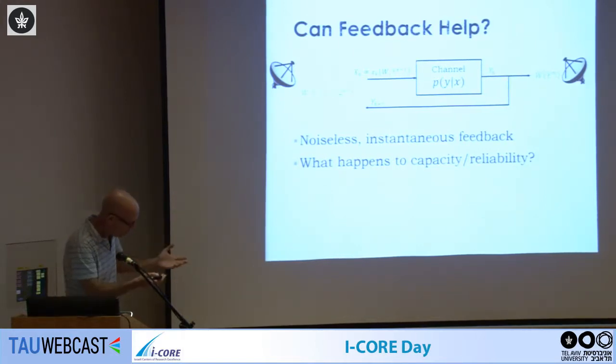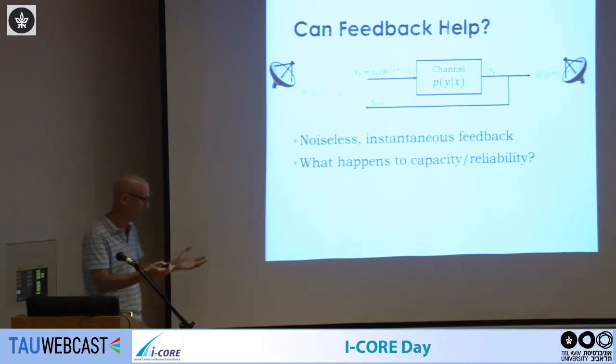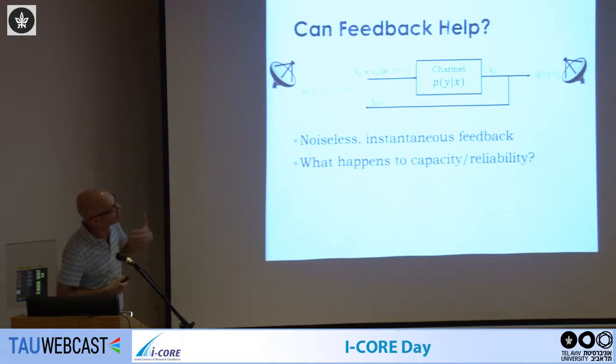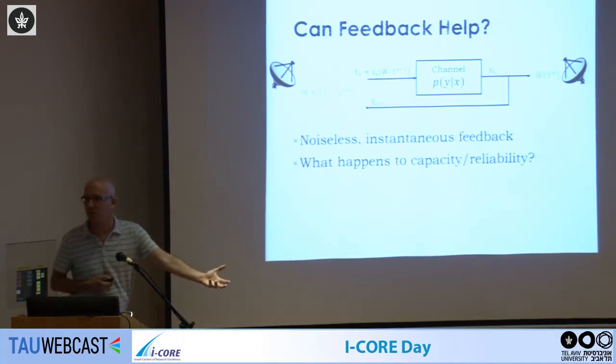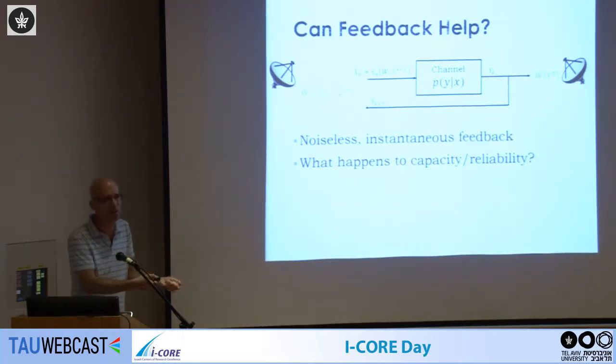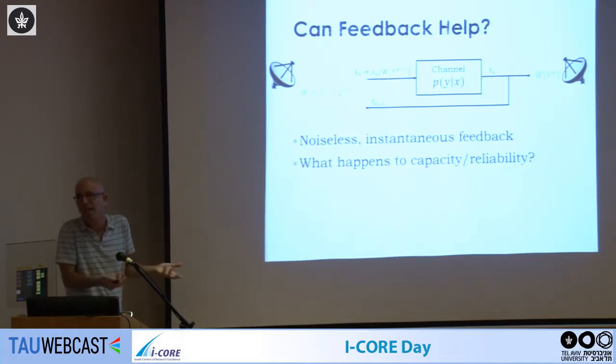And here, I guess there are two colliding intuitions. One would say, okay, the transmitter knows everything that's going on in the receiver. It can help push information faster because it knows what's going on. It doesn't have to guess anything. On the other hand, the channel is memoryless, right? So you cannot predict what it's going to do. There's maybe no gain in actually knowing what happened before. So it's maybe not clear what exactly is going on.